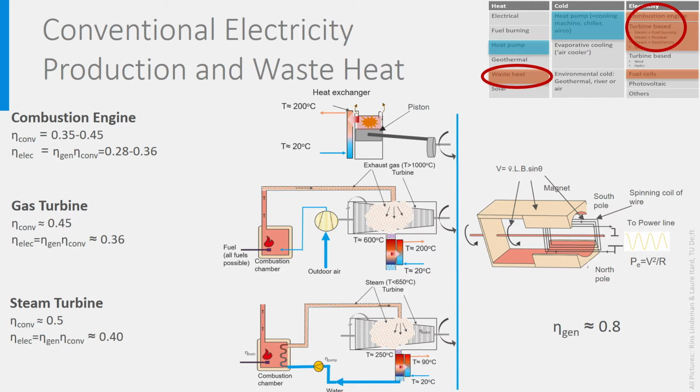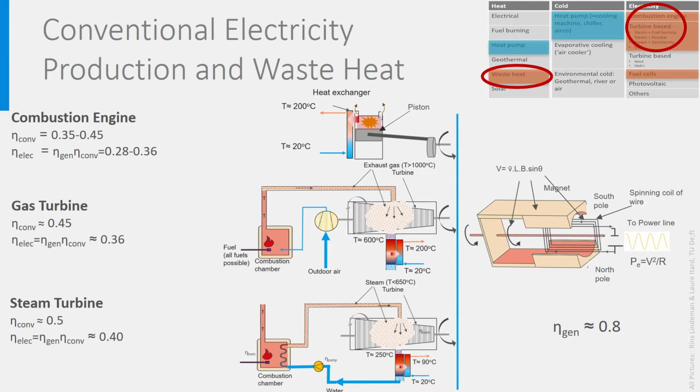The efficiency of the boiler is high as usual, around 0.96. As the turbine is not connected to a compressor but only to the generator, we could expect it to have a higher efficiency eta conv than the gas turbine. However, the temperature of the steam and therefore the energy it contains is much less than in a gas turbine, so the blades rotate more slowly and less power is converted, resulting to a conversion efficiency of 0.5 at the best. So in the end we come here to a total efficiency of 0.4.